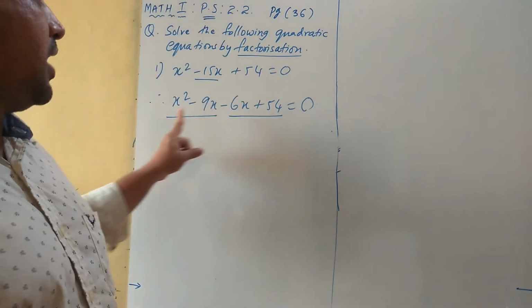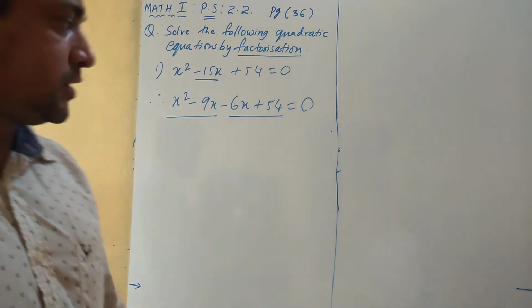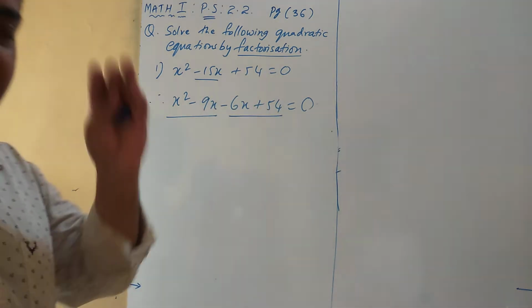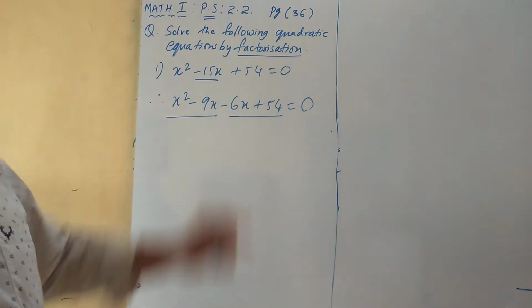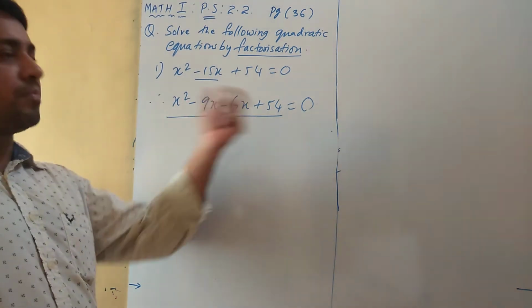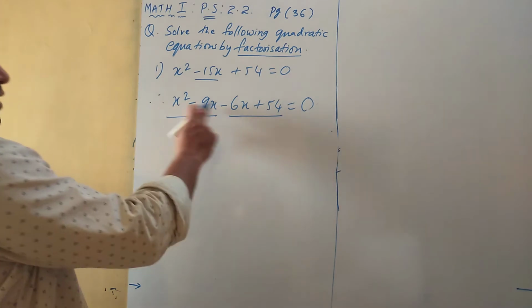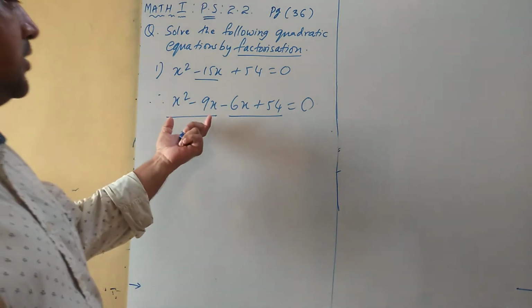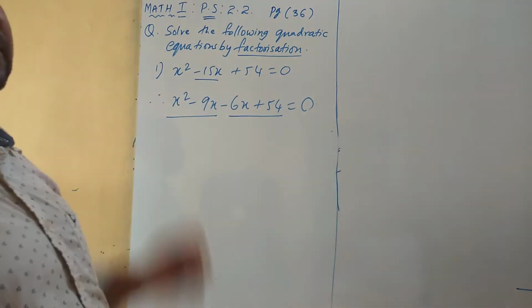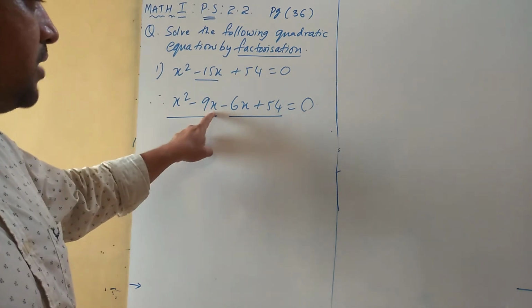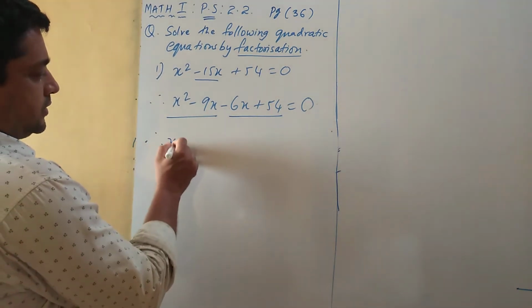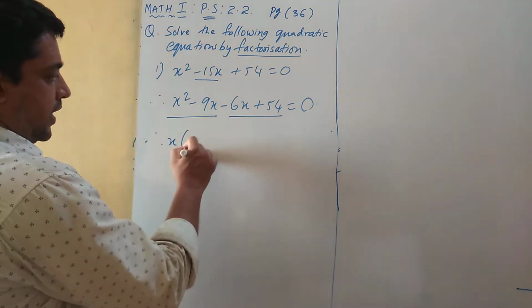So here, I've got a polynomial with 4 terms now. Now I'll try to take the common from one of the pairs. So here you can see, if I take these 2 terms, I'm getting x as common. Check, x is present in both. So I'll write it down, x common. One x will remain, correct?